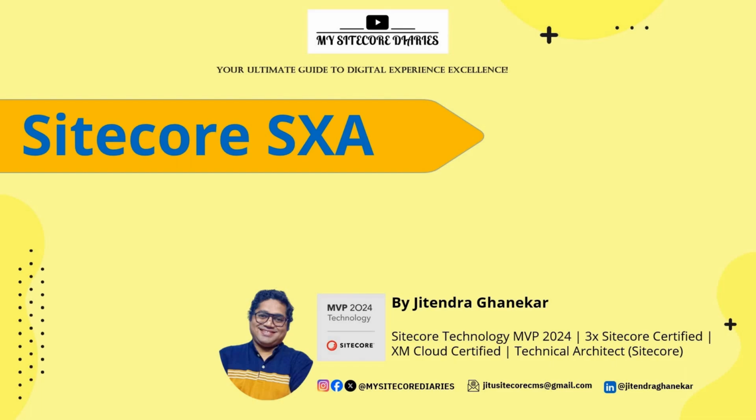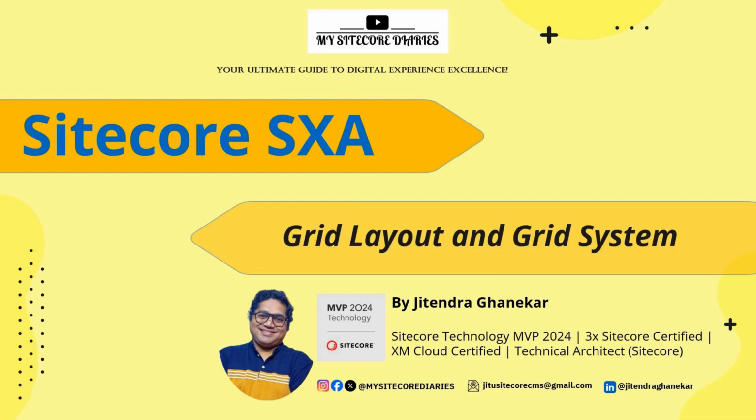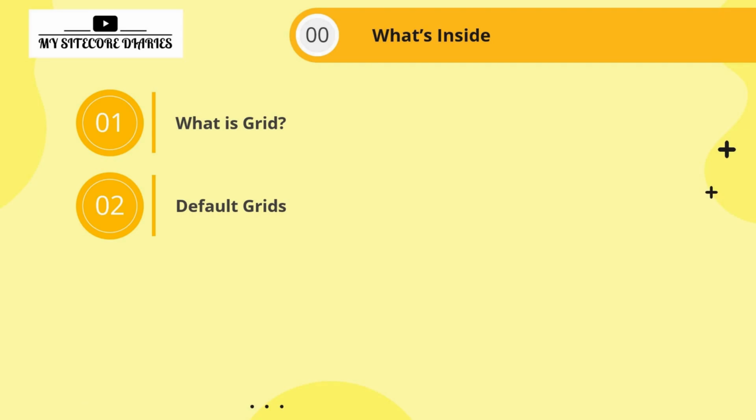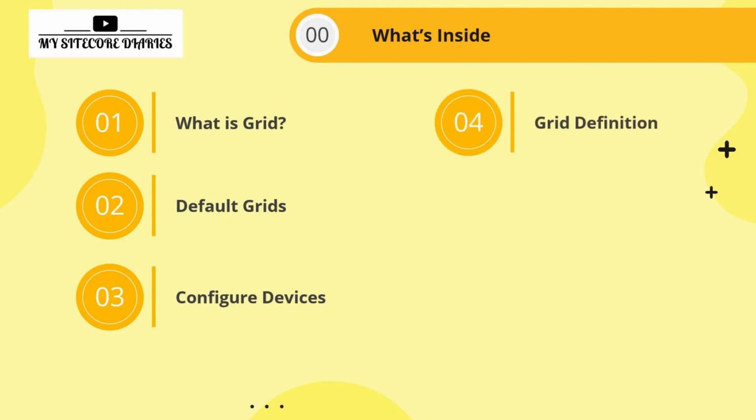So today's video is from the series Sitecore SXA, and today we are going to see grid layout and grid system. Let's see what's inside this video. First of all, we will see what is grid and what are the different default grids available in Sitecore SXA. Then we will see how to configure different grids for different devices. We will see what is grid definition,